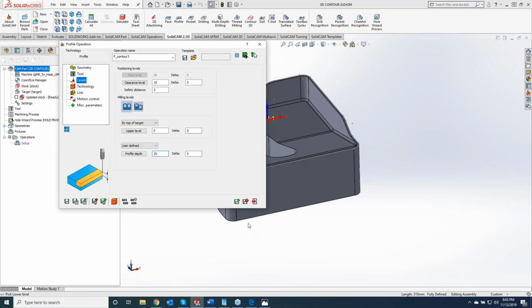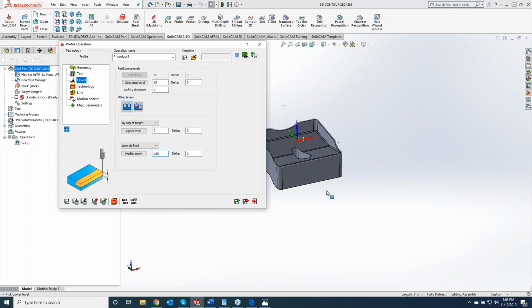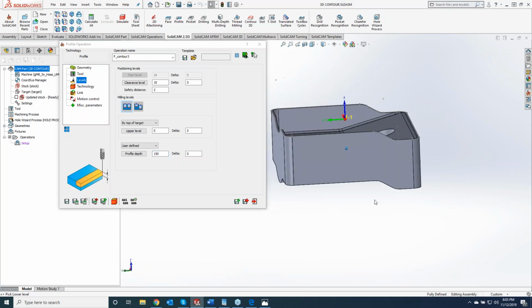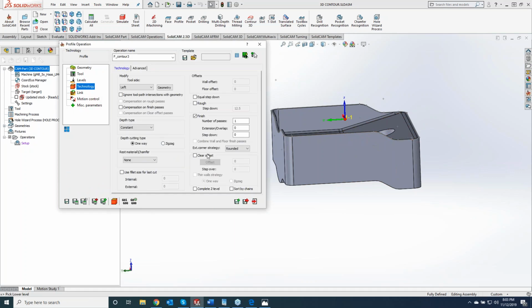Now, levels: where is the deepest spot I want to go? Right now it's telling me I want to go 150 millimeters deep. But as we come around this side, we're going to be cutting air, as well as up on here. If we go to our technology and do a step down of 50 millimeters here,